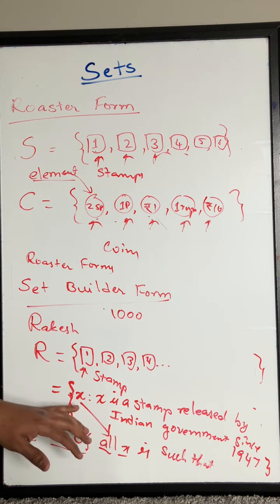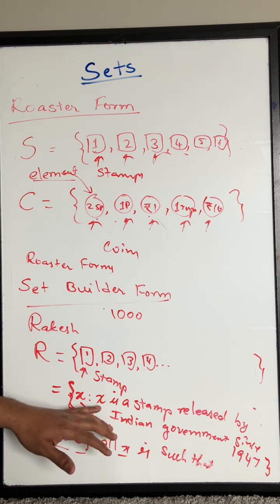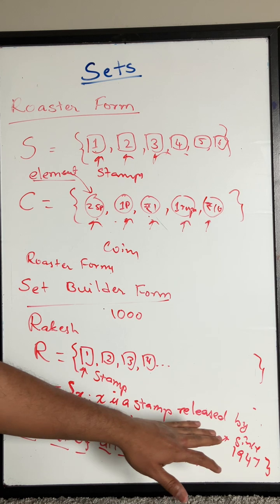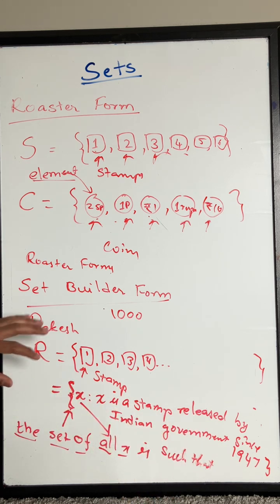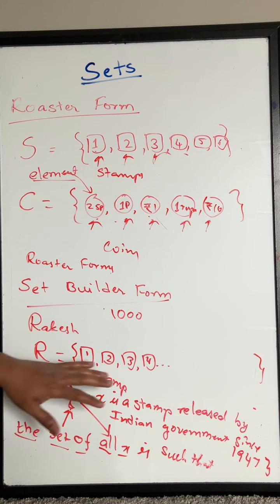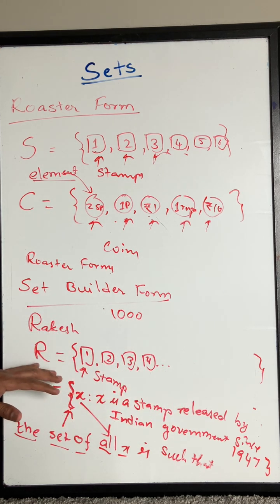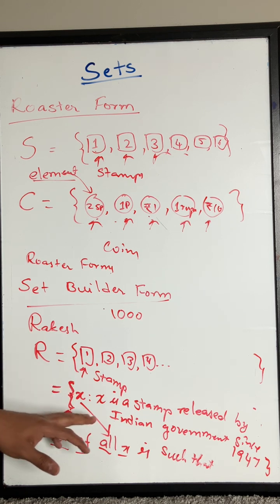The set of all x such that x is a stamp released by Indian government since 1947. This statement gives all these 1,000 stamps. We can write all these 1,000 elements one after the other. That is called roster form. We can write it in roster form, but sometimes roster form doesn't make sense. We need books to write all those things. That's the reason we go with